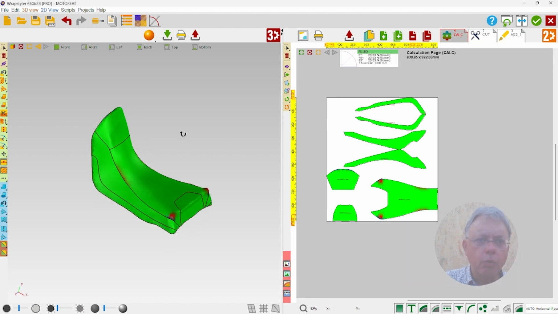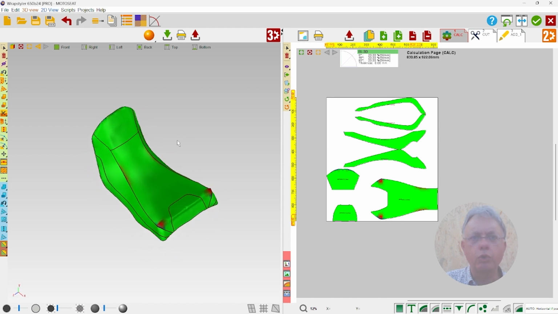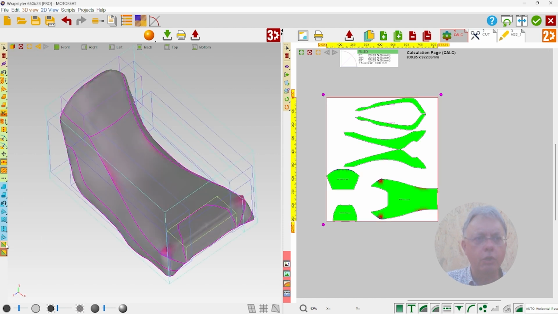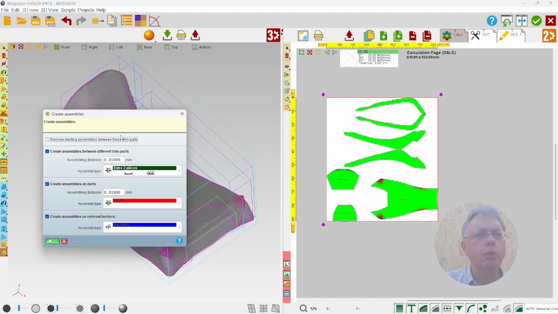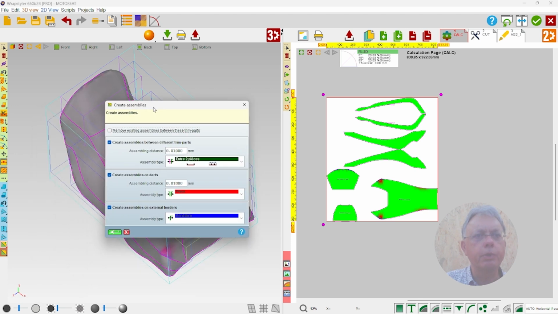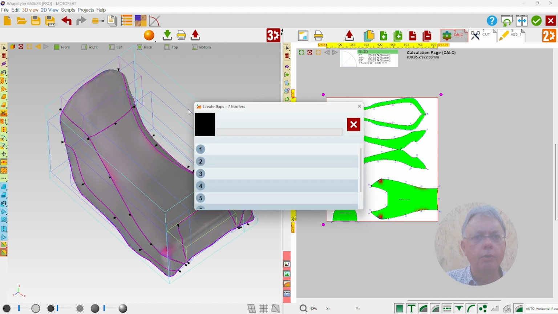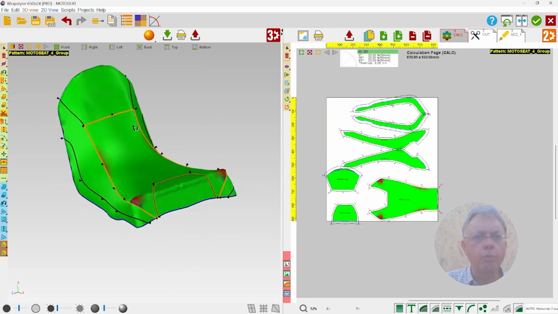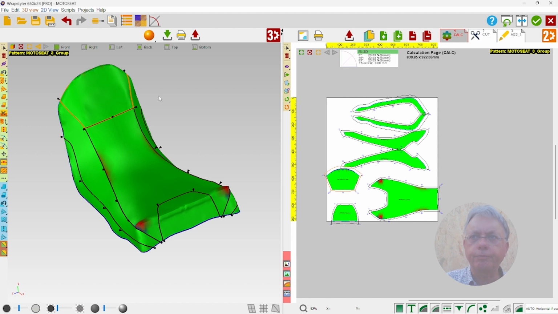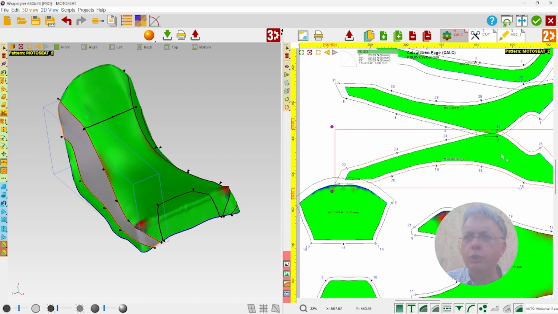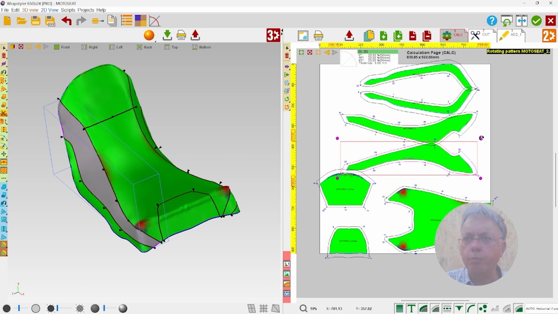After the cutting, we are going to add also the assembly that lets the software place automatically all the notches on the seams. So we have here a special tool that creates the assembly and the notches for all the places here.